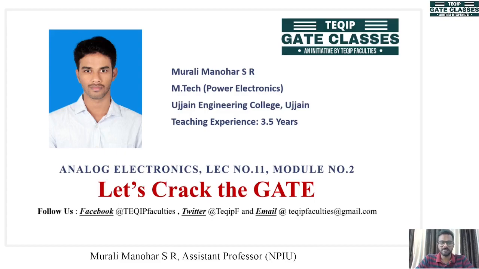So let's revisit what we have seen so far. Now we know about transistors, what the different classifications of transistors are, and out of that classification we have singled out BJT and dissected it. That means we know the characteristics of BJT, different configurations of BJT, as well as we have a slight idea how BJT can be used as an amplifier. Now we are going to discuss this further, that is BJT as an amplifier.